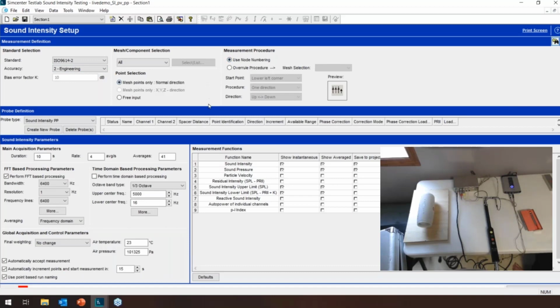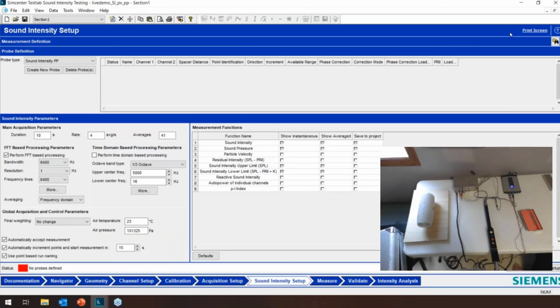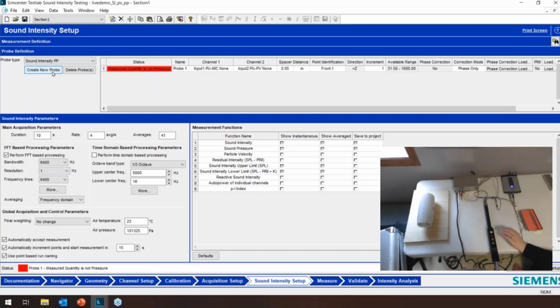And then this, I feel like it's a little non-intuitive. We're going to create a probe, but to make it visual, you have to come up here and hit this little show hide binoculars. And when you do, the screen becomes really nice. So I mentioned that TestLab calls it a PV probe, particle velocity probe. So we have 2 probes. I'm starting with the sound intensity probe, the pressure probe. I'm going to hit create.